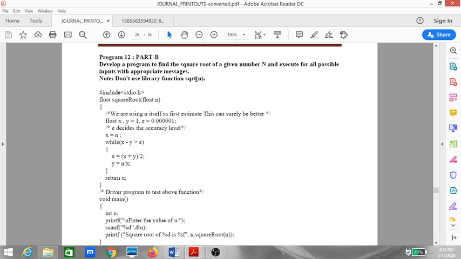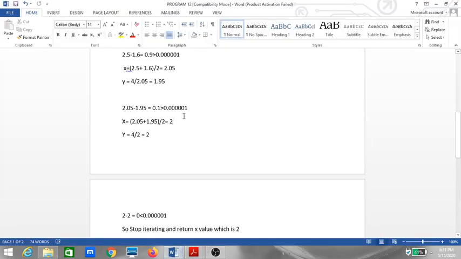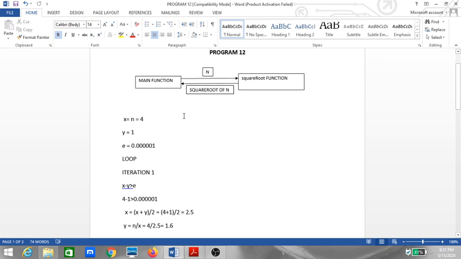So without using that, how we are going to calculate the square root is what we'll be looking at in this program. The program is majorly divided into two parts. The first one is the main function and the second is the square root function. So pictorially, let us see what is main and what is square root. Main function, as we all know, is the driver function without which the program cannot execute.